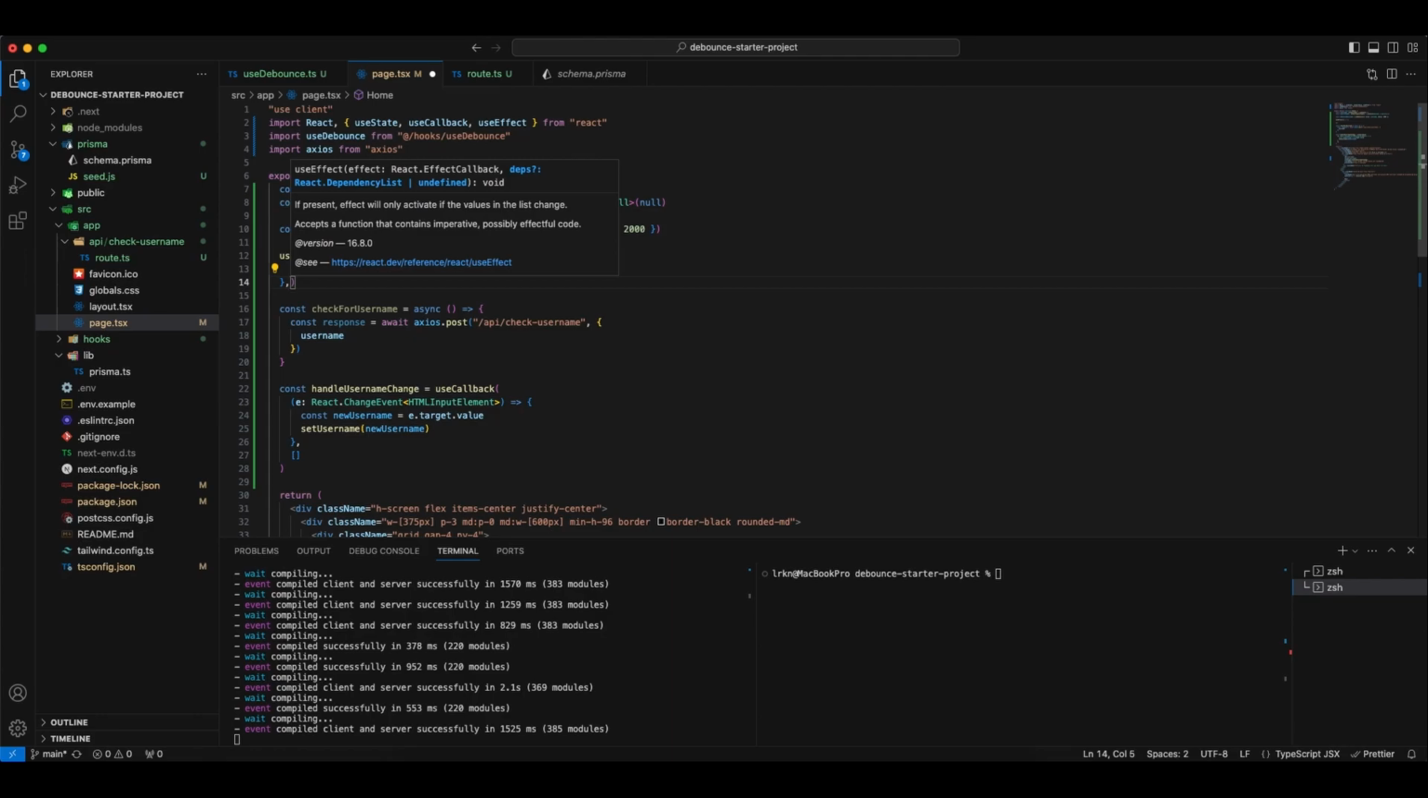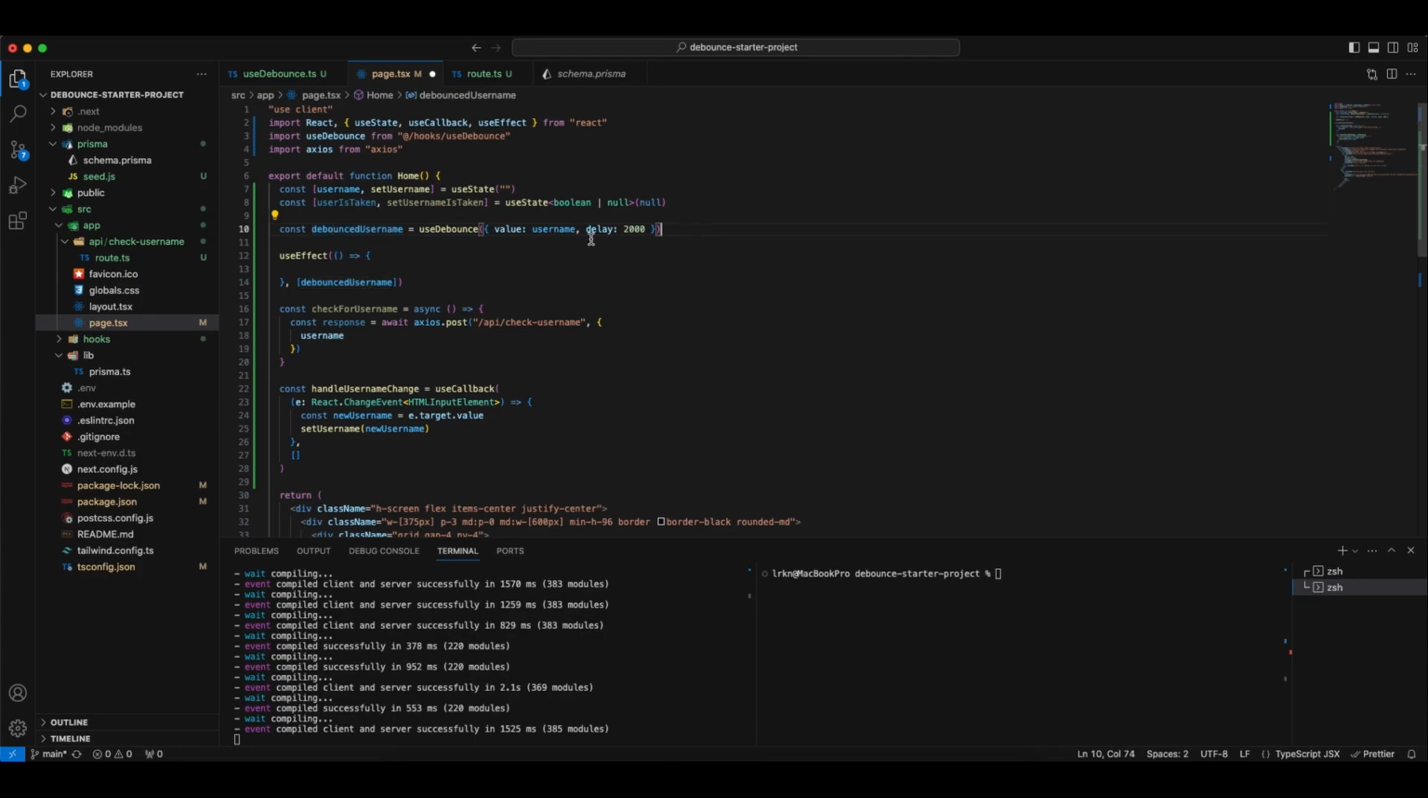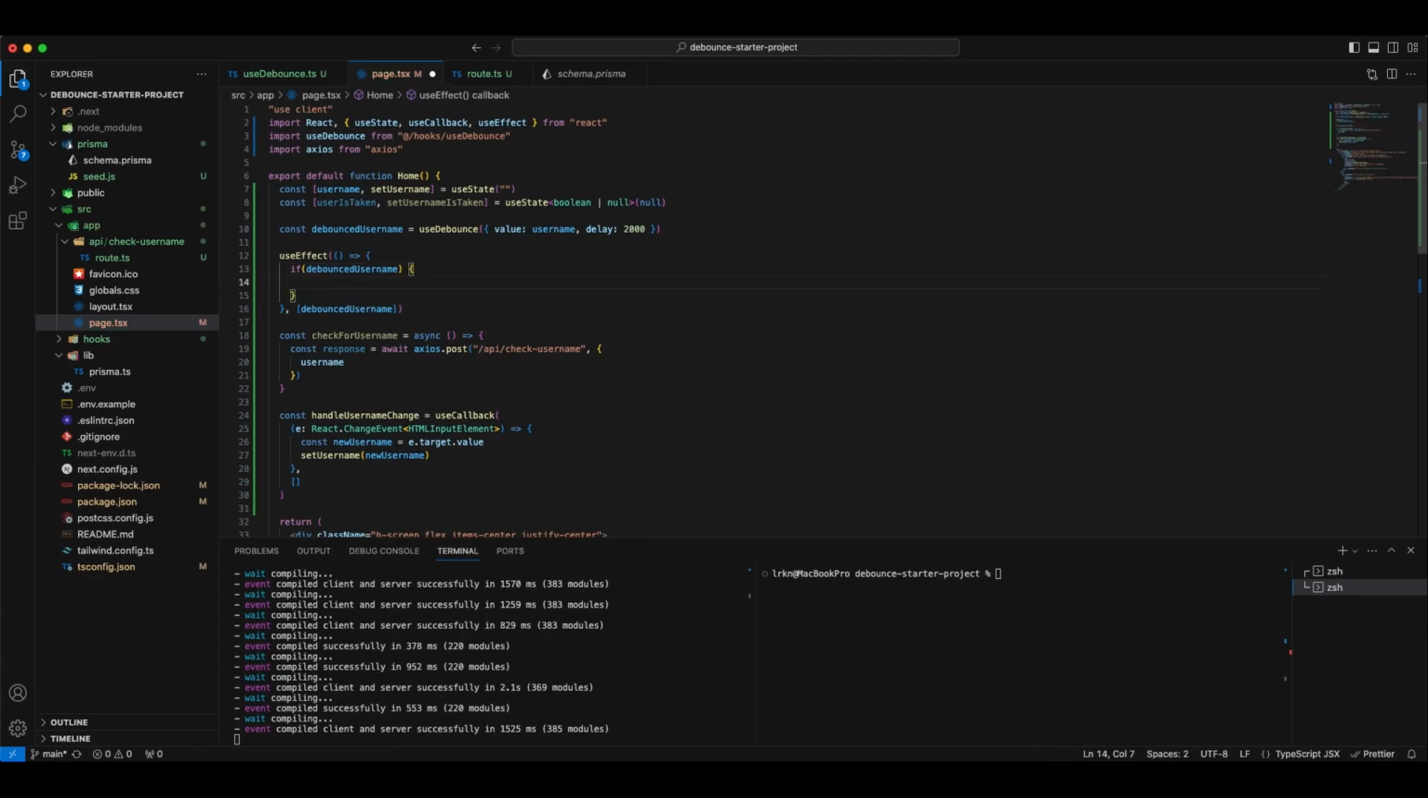And this is going to run anytime we have debounced username, which is our hookup here. Okay. So if we have debounced username, then we are going to run check for username. And down here for username,